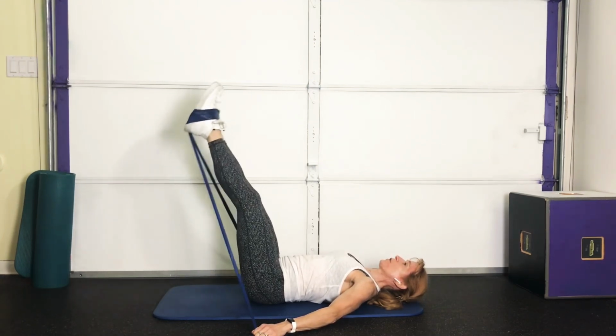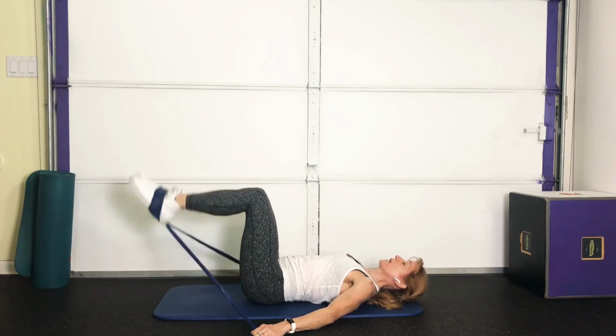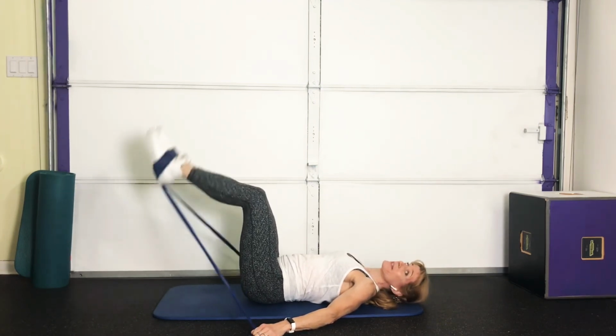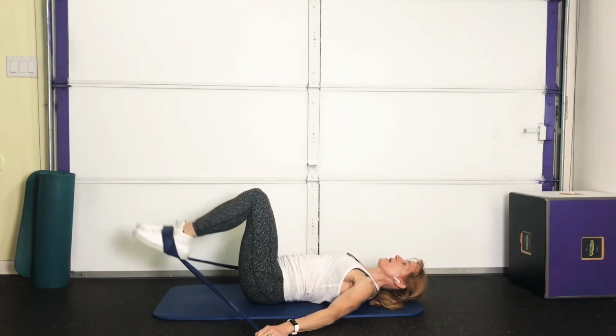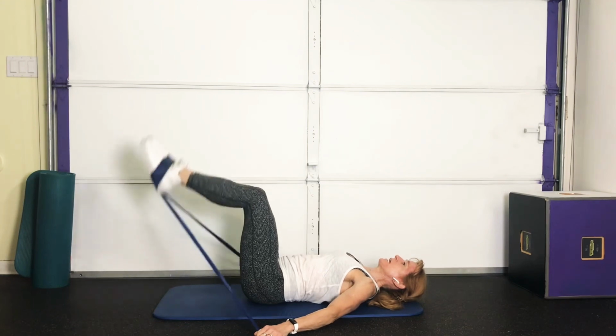Eventually you'll start to feel them working, and if you don't, that's okay. I know you're working something. All right, we're going to do 20 of these. I think we have about 8 more. 7, 6,